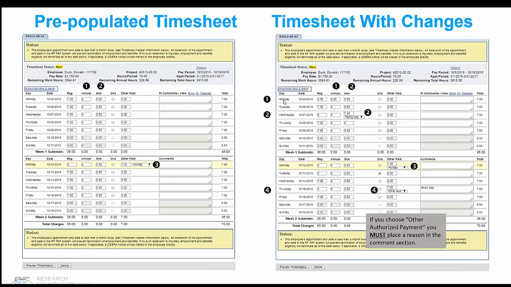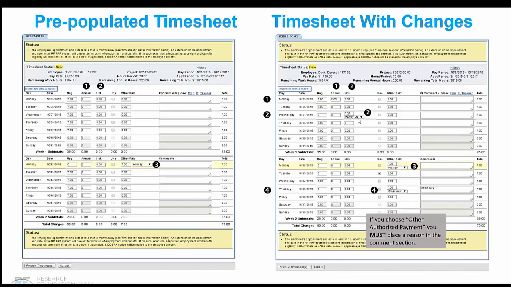The first Monday, bullet 1, the pre-populated regular 7 hours has changed from 7 to 5, and you will need to charge the annual leave 2 hours. That Wednesday, bullet 2, Donald had called in sick. So the pre-populated regular 7 hours was changed to 0, and the 7 hours are now charged to sick leave.